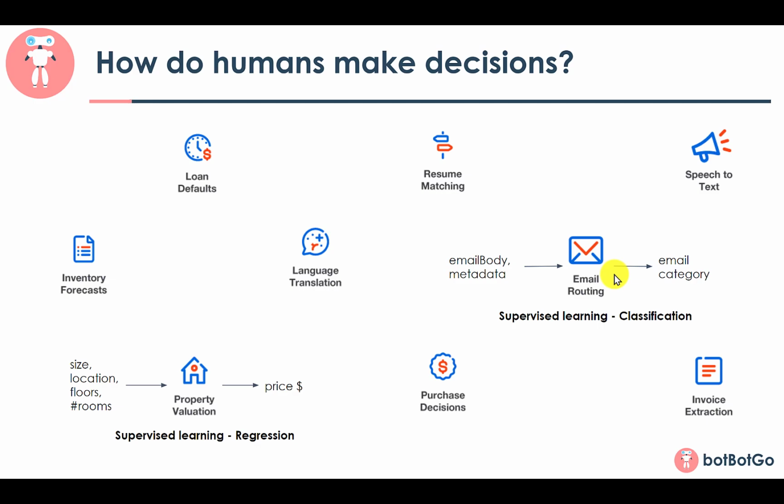Let's just consider another example, for example, resume matching. In case of resume matching, you get a bunch of resumes and you want to as well classify them into different groups. But it could happen that you don't already have these groups defined. So what you can do is you can give the model all the inputs. In this case, it's all the resumes. And depending on the content of the resume, the model would divide them into different groups.